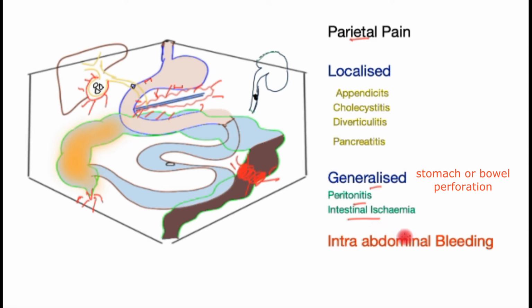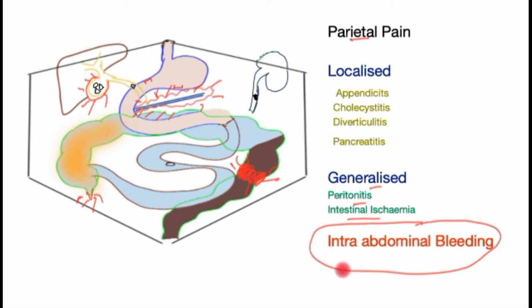called intestinal ischemia. A word about intra-abdominal bleeding. This will cause pain initially where the bleeding starts, but it can spread to the rest of the abdomen. Blood is an irritant, as well as other signs of bleeding such as a high pulse rate, pallor, lightheadedness, fainting,